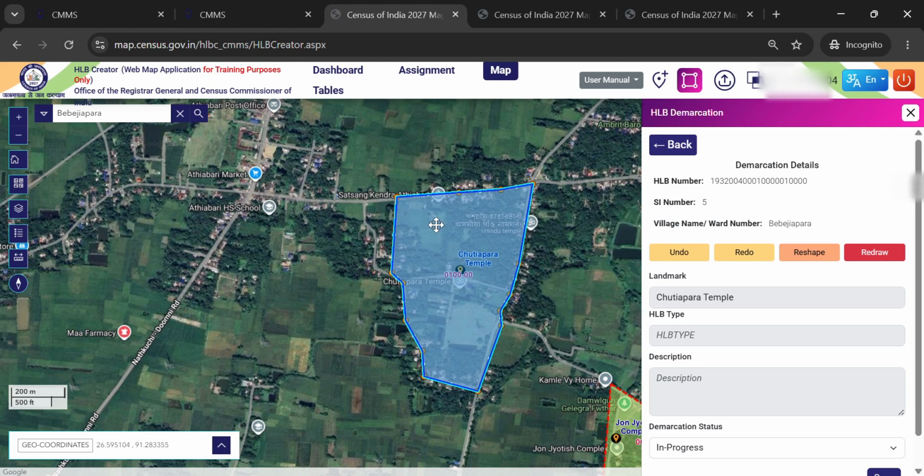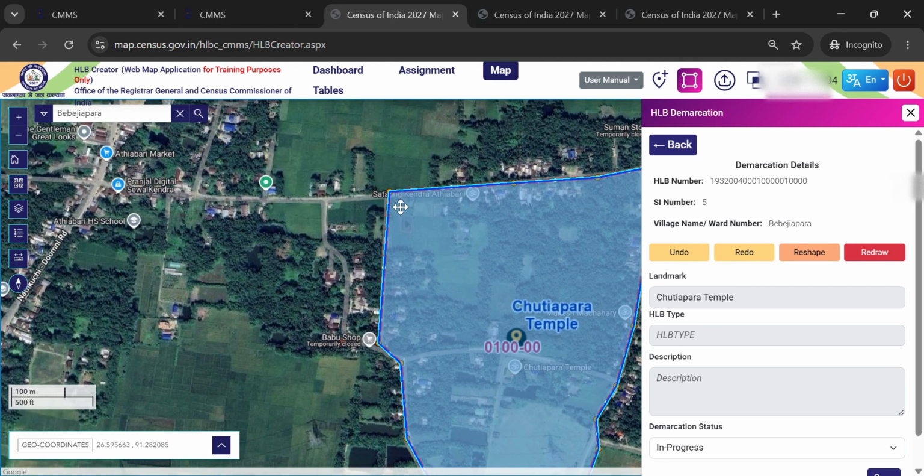After some verification I found that I also need to include this part into this HLB. So I will use this reshape button, right? The reshape button has the function of adding or decreasing the HLB size. So let's say we need to include this portion into this HLB.